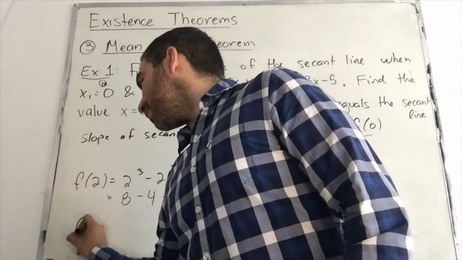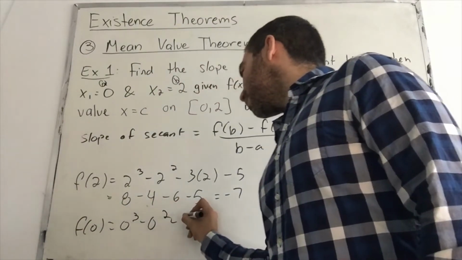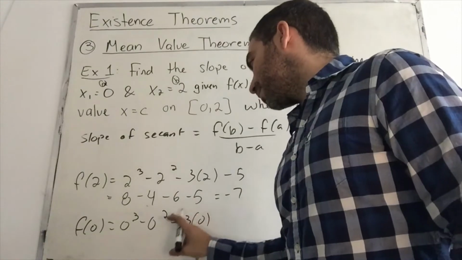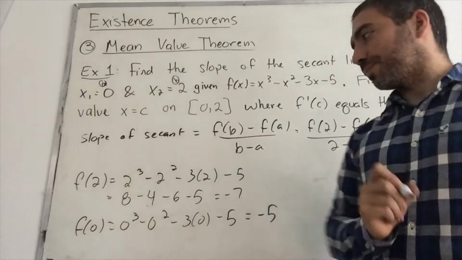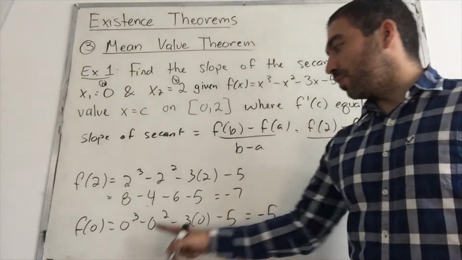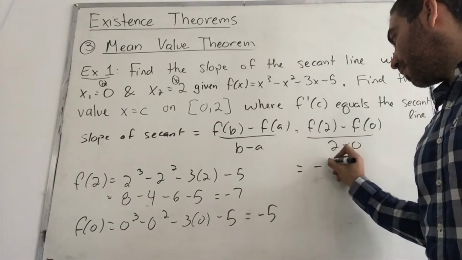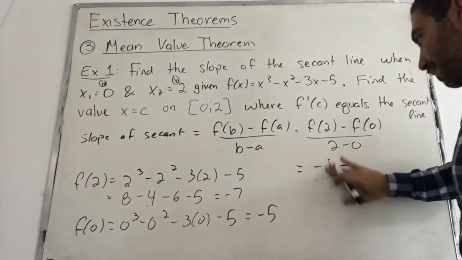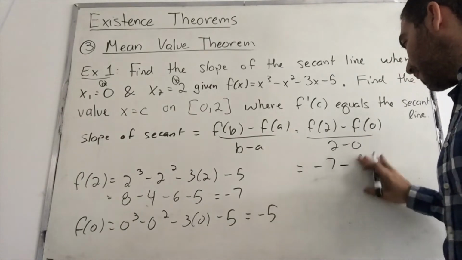And then we have to find f of 0, which is 0 cubed minus 0 squared minus 3 times 0 minus 5, which gives us minus 5. Okay, so we found our f of 2 and f of 0. Let's plug it into our equation here. We get f of 2 is minus 7